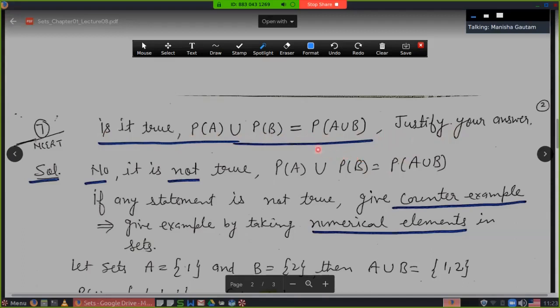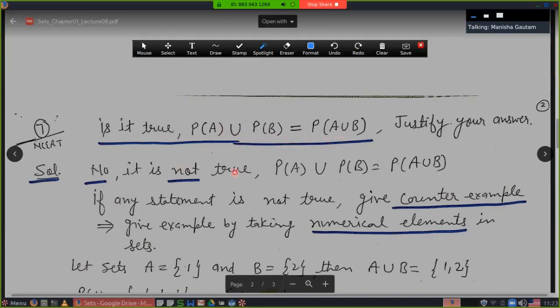Now this is the part where you will say this is not true. No, it is not true. In the case of intersection, when I replace this union by intersection, this is a true case. I have told you in the previous lecture, and I proved that both sides are equal. This is an example in NCERT, miscellaneous. Now here, this is a question: whether, with this union, it is true or not.